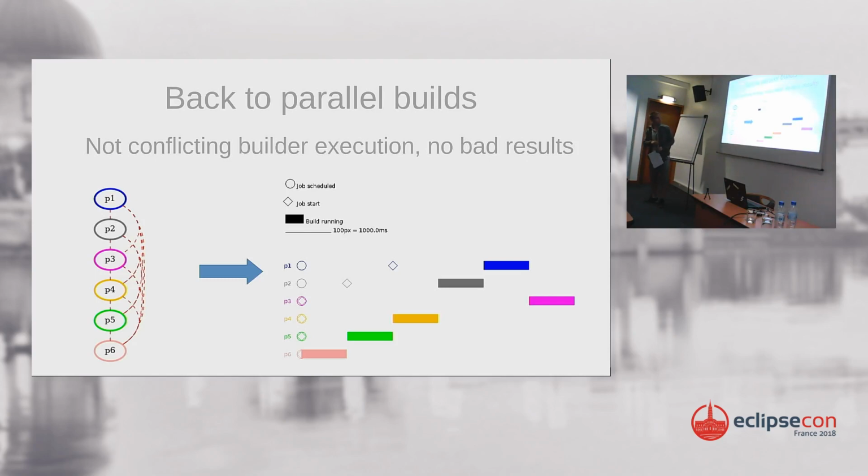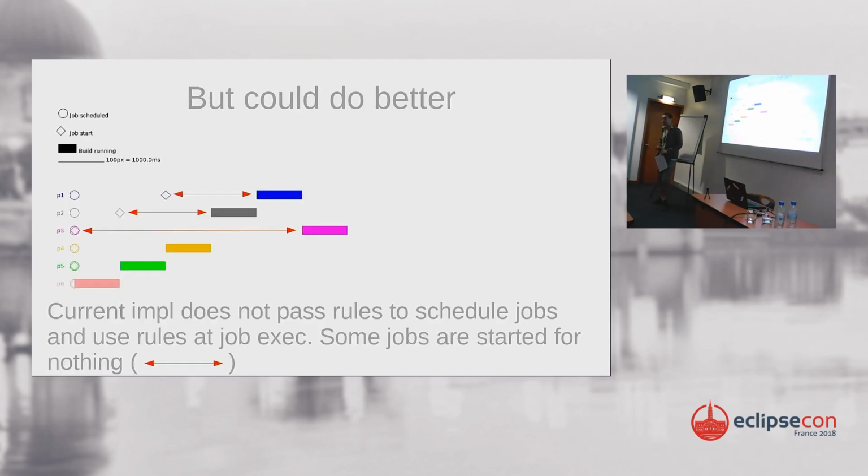So if you have projects with conflicting builders who are building and configured to run in parallel, you'll see all the builders scheduled at the same time, but the job dispatching will happen in a way that will make them not run in parallel because they are conflicting. Is it clear? Okay. For the most attentive to details, you will see that there is here a job start and a build start, and there can be a gap between both, which is a waste.